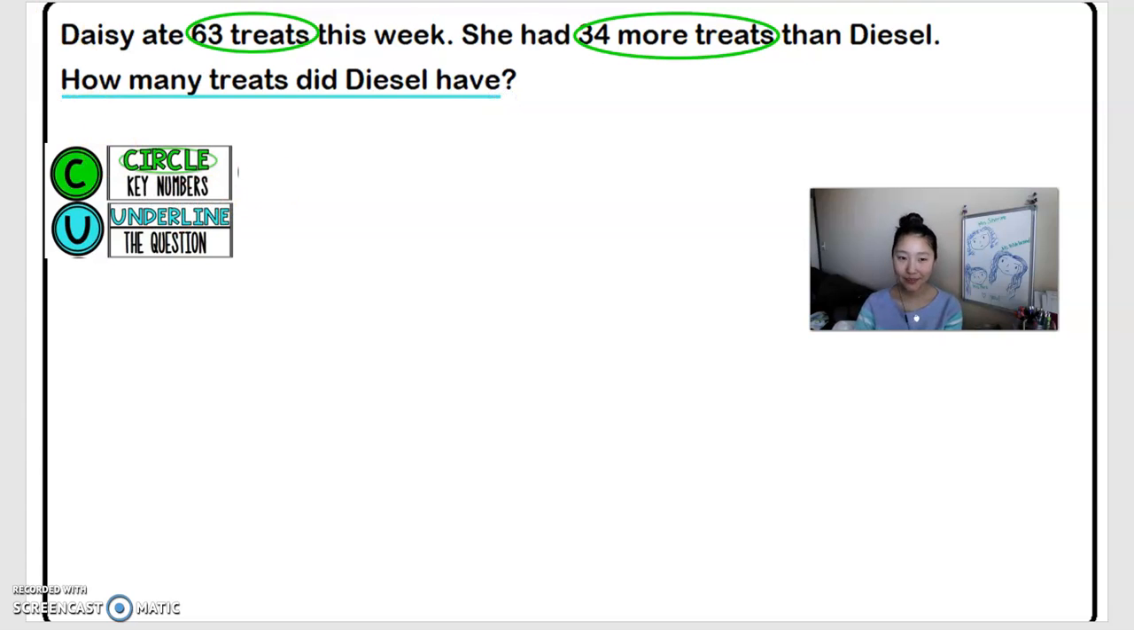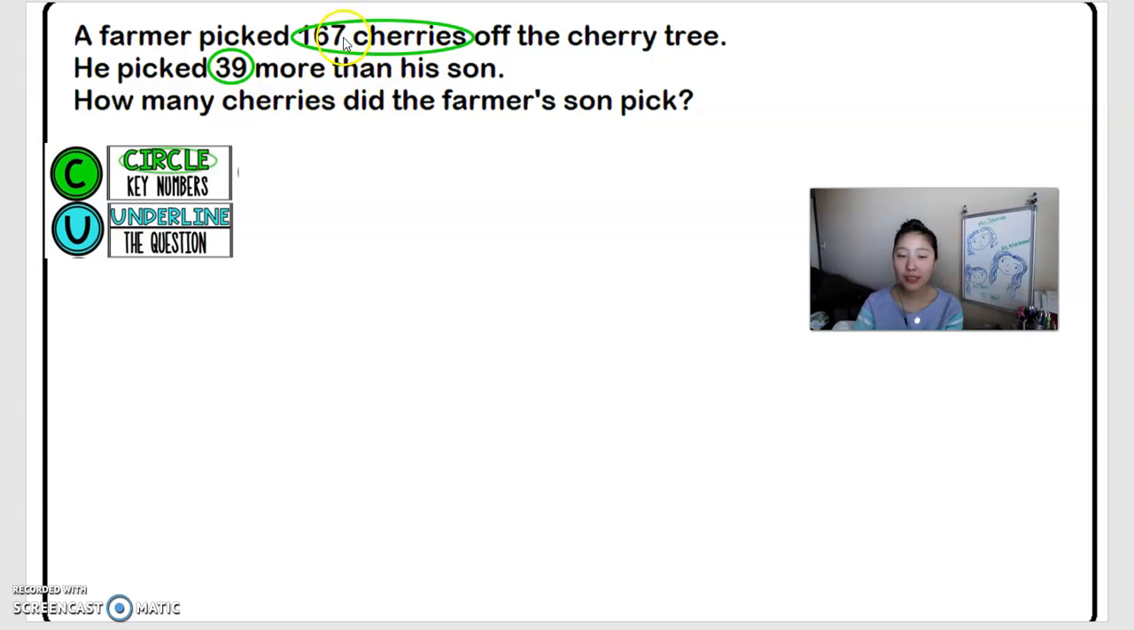Ready for the next one? The farmer picked 167 cherries off the cherry tree. He picked 39 more than his son. How many cherries did the farmer's son pick? Again, you need to pause it, point to the question, and unpause. It should have been,